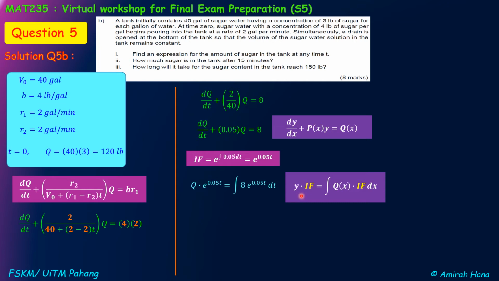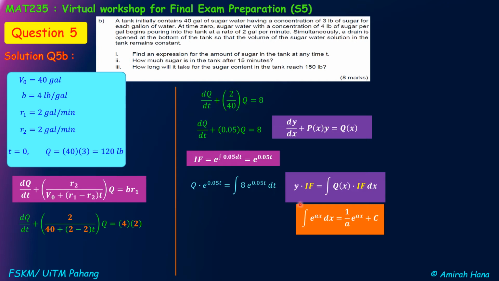But now we use variable y for Q, and then times IF, where IF equals to e to the power of 0.05t, equals to integration of q(x). q(x) equals to 8, and then times IF equals to e to the power of 0.05t, and dx equals to dt. How to integrate e to the power of